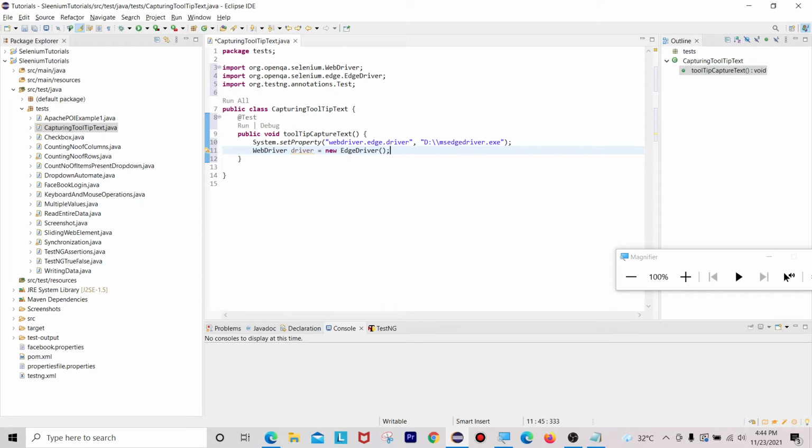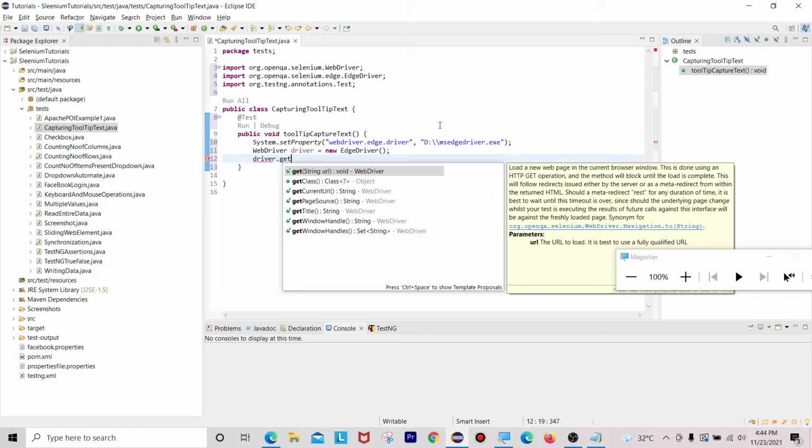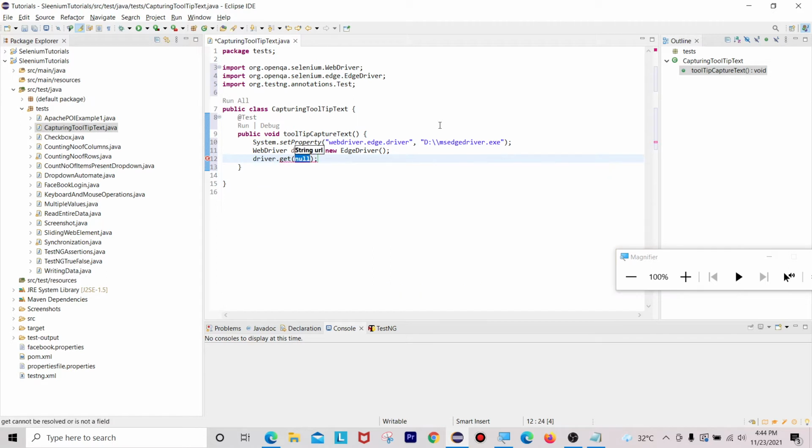So now what I need to do here, I have to launch that URL. For that I can use the driver.get method. What this get method will do, it will take that URL and launch that particular application.